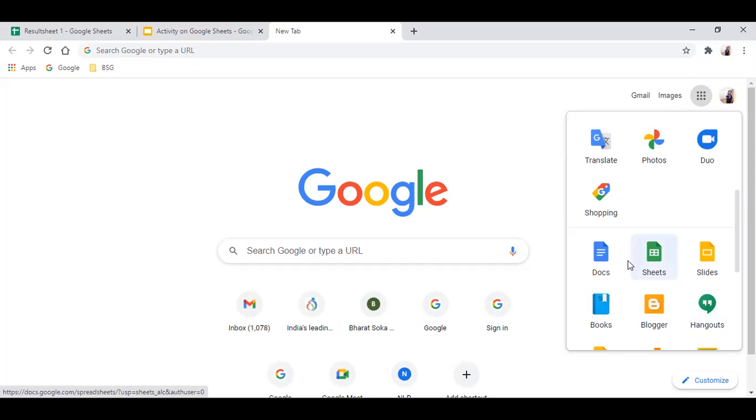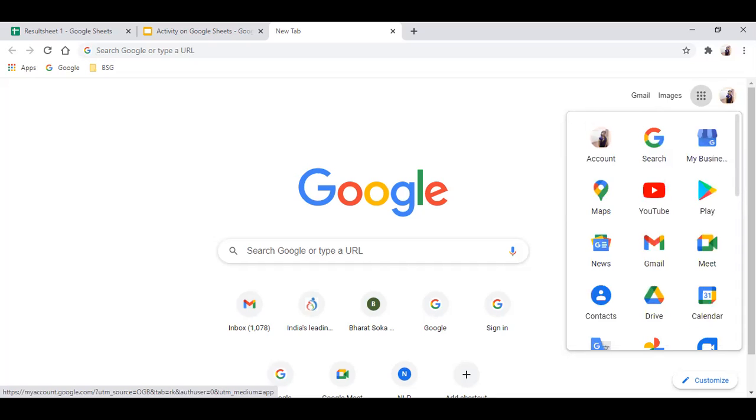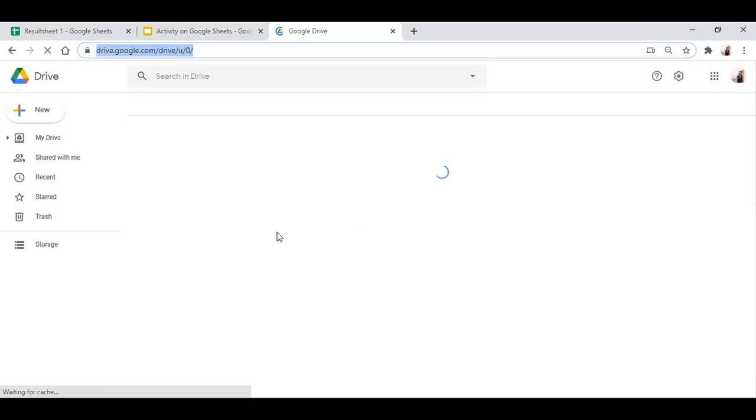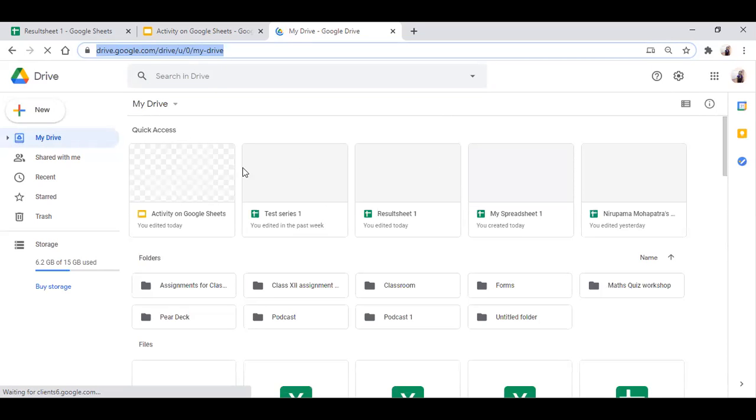So here you are able to see this sheet? You can click this icon, and then you can see the creation of the sheets. The next method is you can click Drive. So the moment you open your Google Drive,